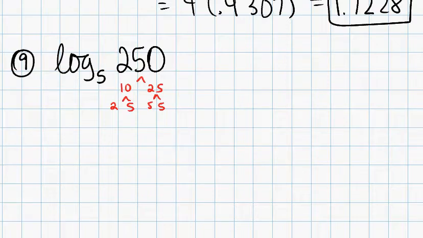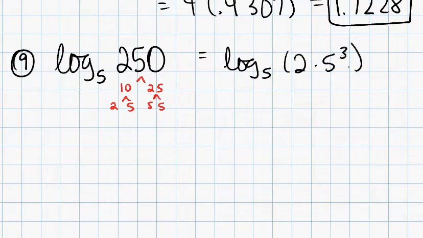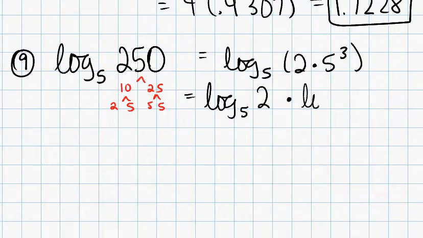So you could think of this as log base 5 of 2 times 5 cubed. There is a second way to think of this, so if you didn't think of it this way, but you get the same answer, I will show the other way, so don't erase yet. Log base 5 of 2. So this becomes, it's a product right now, log base 5 of 2 times log base 5 of 5 cubed. That was very wrong. Plus, because we changed our product into an addition problem,